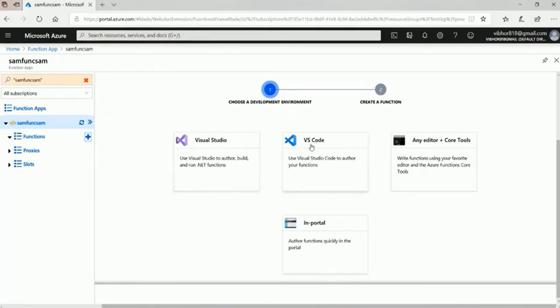You have Visual Studio Code, which is a lightweight or slimmer version of Visual Studio, and can be used on a Mac machine to develop your applications. So you can also use Visual Studio Code. Any editor plus core tools, they say core tools, it means open source. If you have, you can also write the code there and can deploy your solutions on function app or in